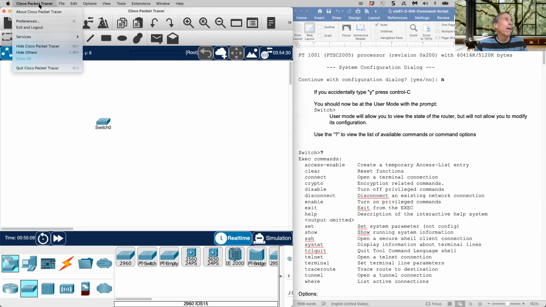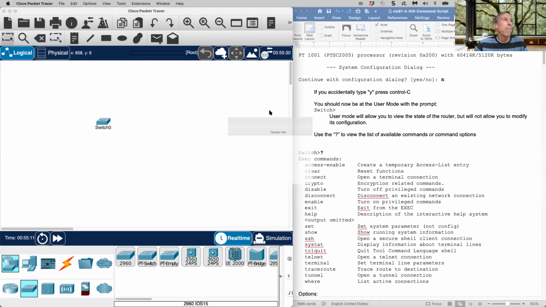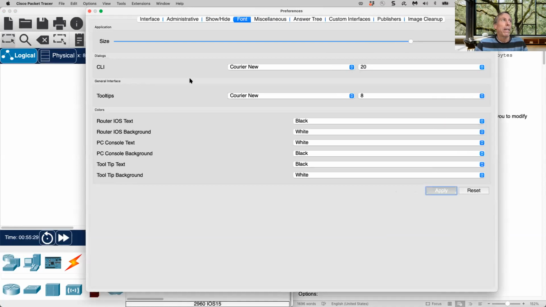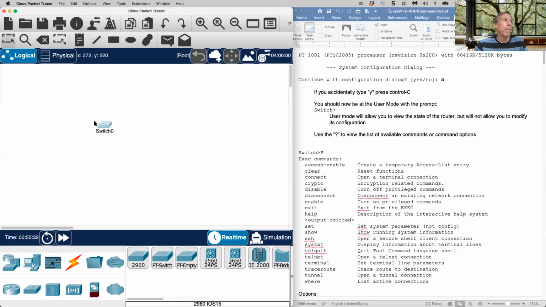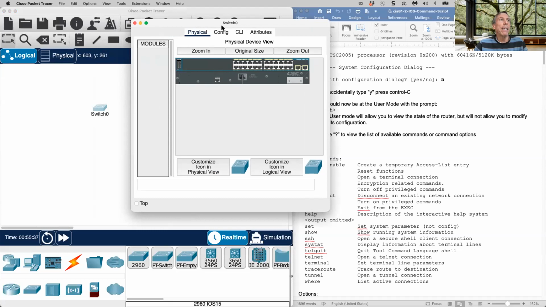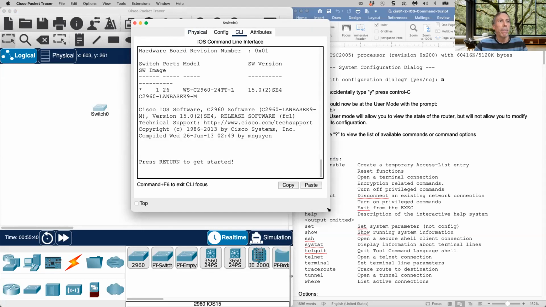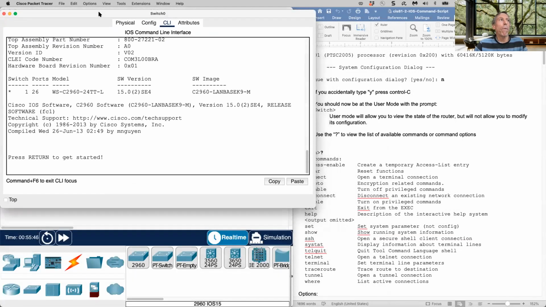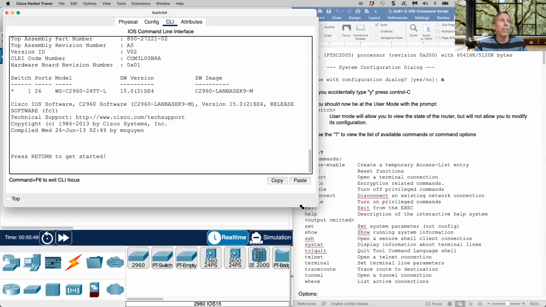I'm going to go to my preferences here, make this all a little bigger. I'm going to go to font. Make that a little bigger. Let's see, CLI. Maybe 18, well, let's try 20, see how that does. Can I make it 20? Yeah. All right, see if that helps a little bit. Okay, so I'm going to click on switch here, and I'm just going to click on CLI, command line interface. I'm going to hide the switch so we can see my script over here,